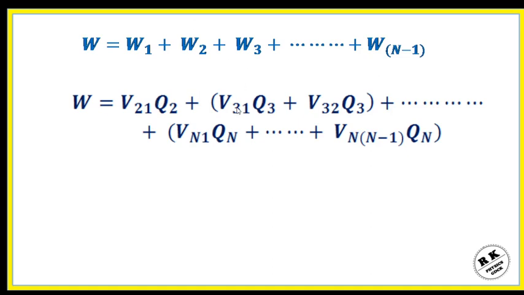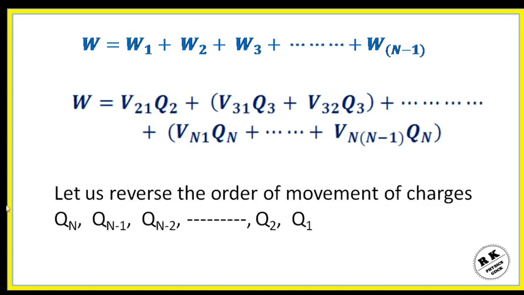Again we will come back to this slide. First let us bring the last charge Qn, then followed by Qn minus 1, Qn minus 2 and so on. At the end, Q1 will come to the system of charges. Let us see. So Qn is brought. So when we bring Qn, the work done will be 0 because no other charge is